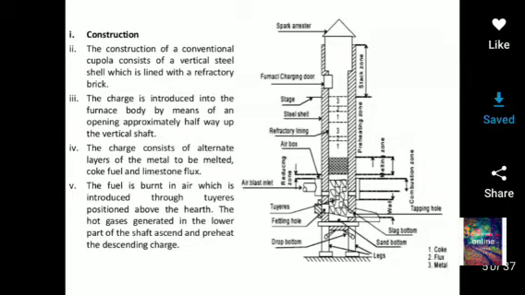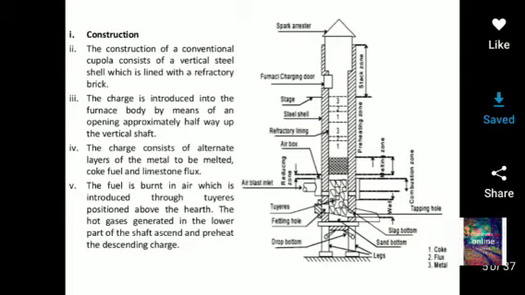The shape of the device is cylindrical, but other shapes are also available. Already we have discussed in our earlier class the size of the diameter: the diametrical measurement of this cupola furnace is 1.5 to 13 feet, cylindrical. While choosing a cupola furnace, we keep some valid factors in mind, that are melting point temperature, shapes, and many more. Here is the construction of the cupola furnace on your screen.